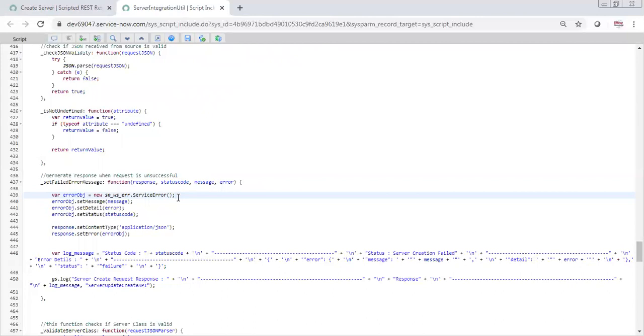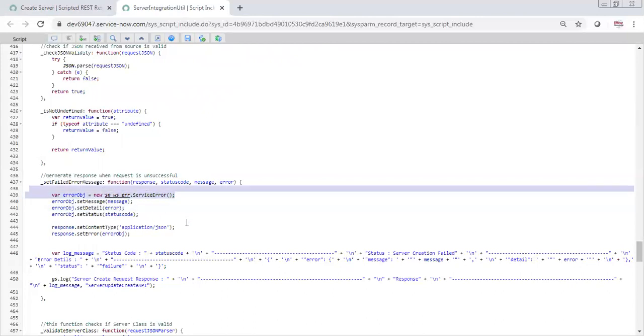Okay. Without this, you cannot send the error. So I am creating an object of this class, and then I am setting the error message, set message. And what is the message? That was passed from top, from where I have called this function. And then inside error, I am setting the detail of the message. Like in the message, I said bad request. And we need to tell them in detail why it is a bad request, right? So in the error detail, we are saying request JSON is invalid. That's why it's a bad request.